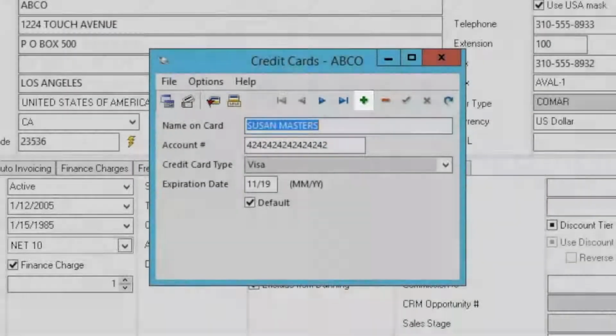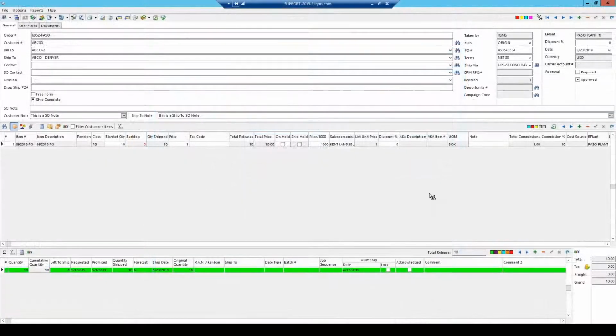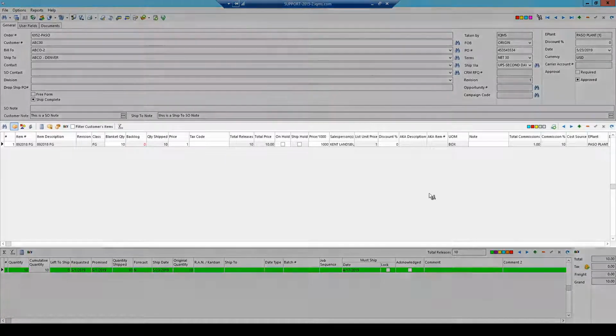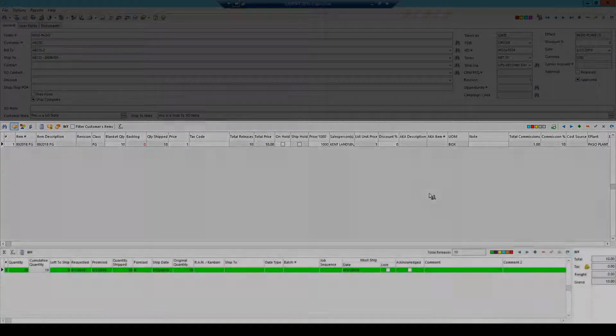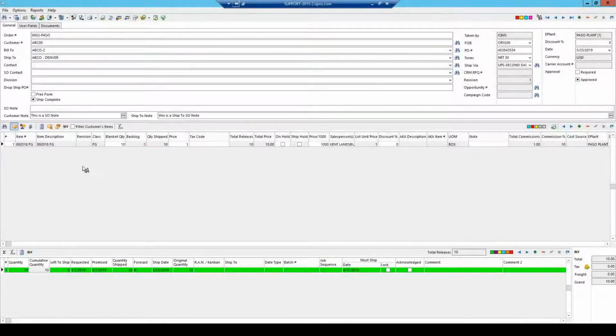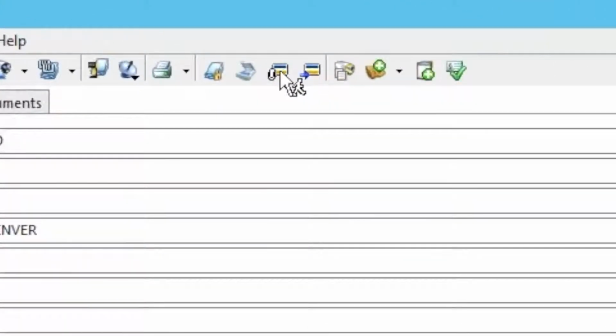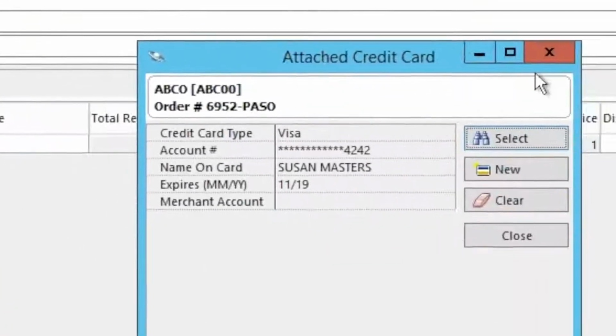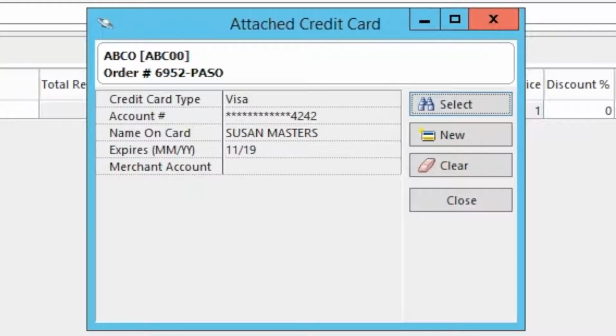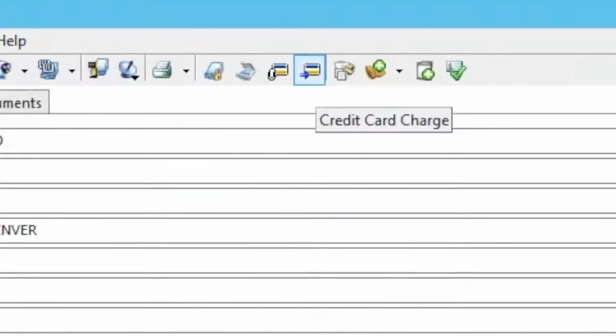plus icon. Here, we're looking at a sample sales order from that same customer whose credit card information we have just viewed, including the items being purchased in the middle and the releases at the bottom of the screen. We can see that same credit card information for this customer by clicking on the Attached Credit Card icon, and